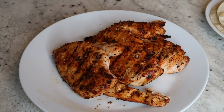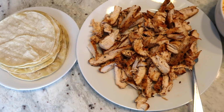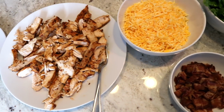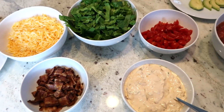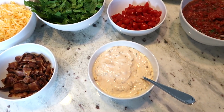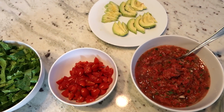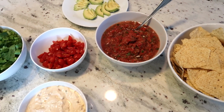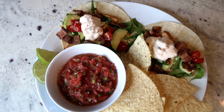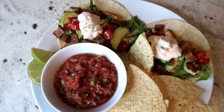You'll want to grill your chicken until it's cooked through, then slice it for your tacos. For my chicken club tacos, I am using corn tortillas, but you can use flour if you prefer. We have the sliced chicken, shredded Colby Jack cheese, chopped bacon, shredded lettuce, chopped tomato, and Chipotle sour cream, and avocado for me. I am serving my tacos with chips and salsa, and I am going to share how I